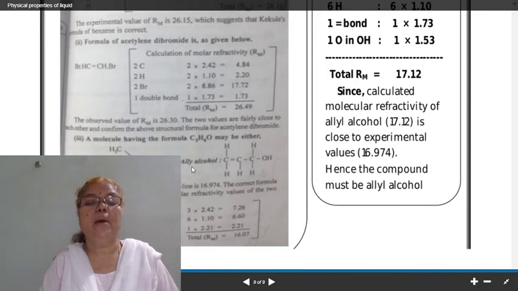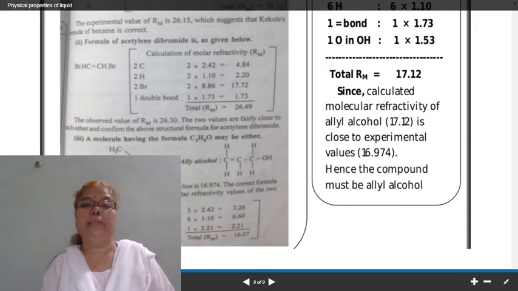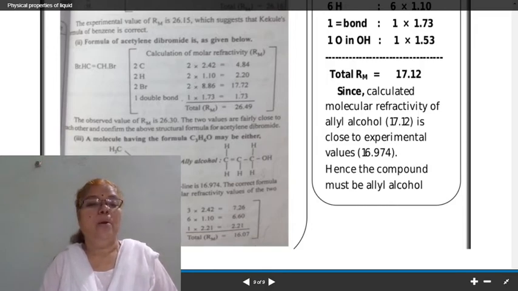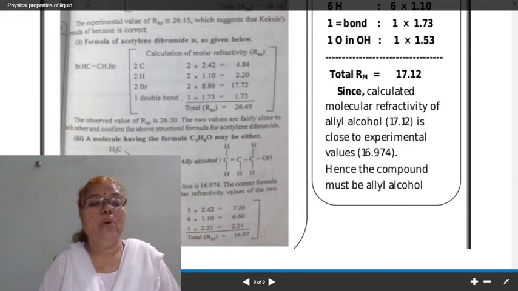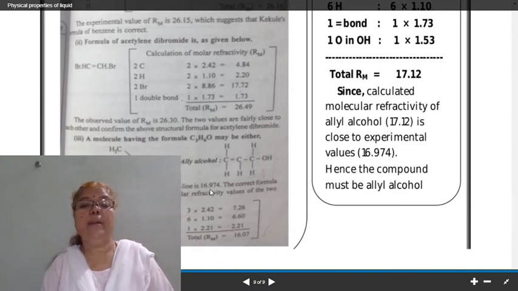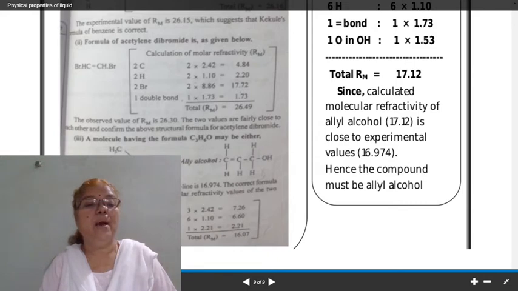This is the structure of allyl alcohol, and this is the structure of acetone, and its molar refraction for sodium D line is 16.974. The correct formula can be suggested by calculating the molar refractivity values of the two compounds,